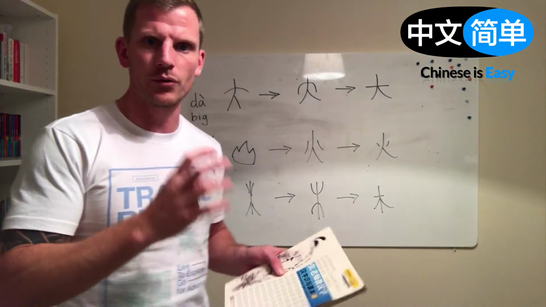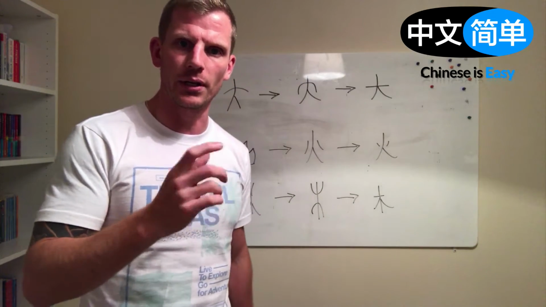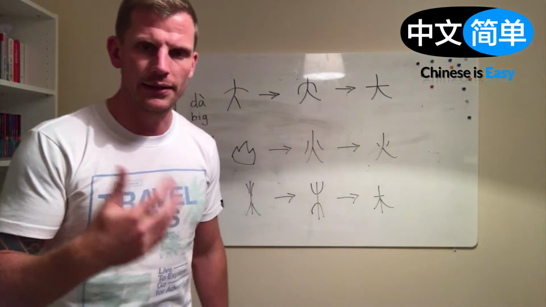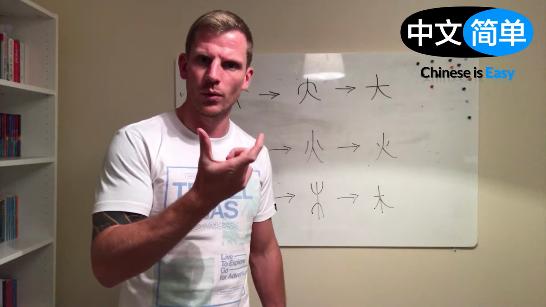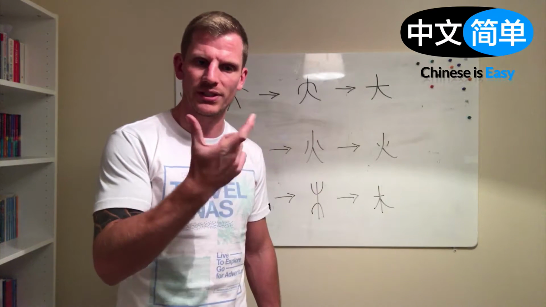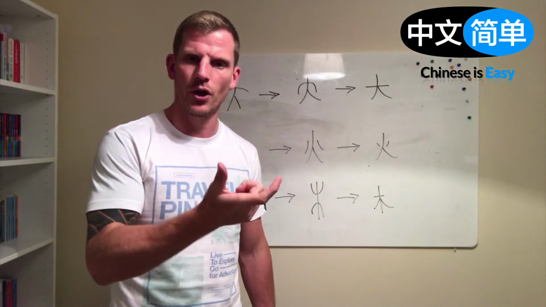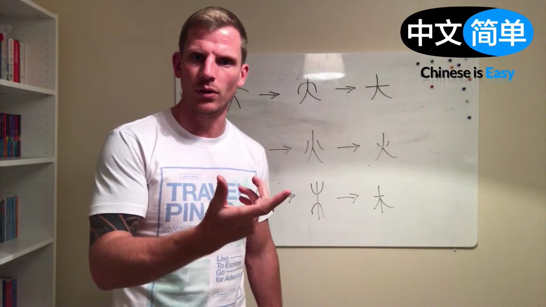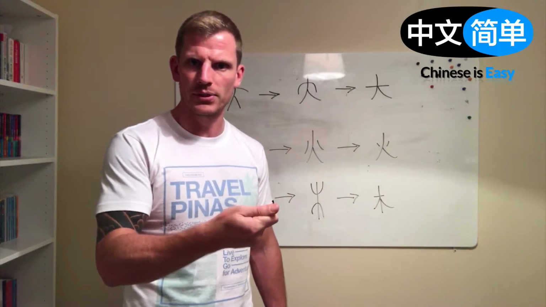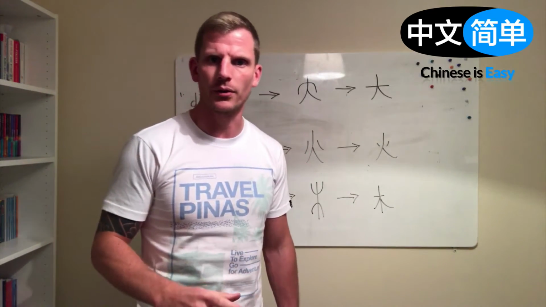And on the front I would write the character, on the back I would write the pinyin and the English, and then I would go through a process whereby I would learn what it looked like. So I would see the character and I would know what it looked like, what the pinyin was and what the meaning was, and then I would learn on the flip side,